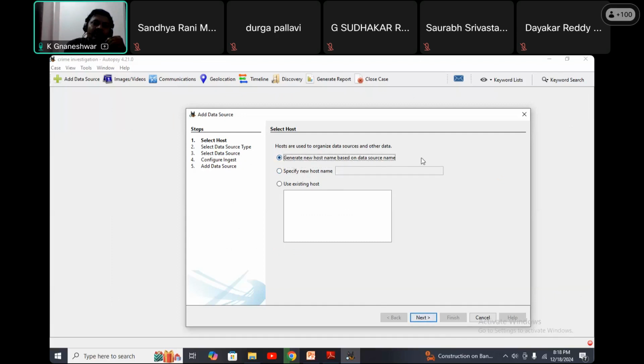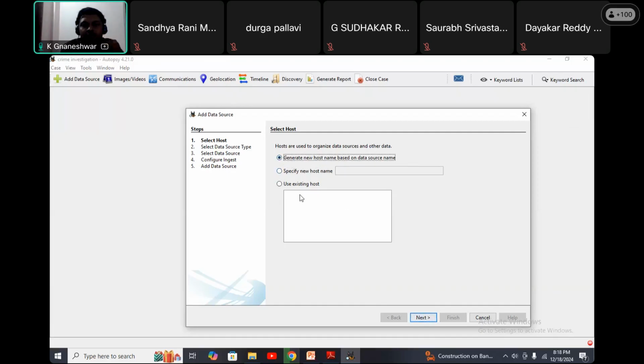Here we don't have any data already, so the host name is not there. Here we are going to create my own new host name, so compulsorily we should select the first option only. If data is already there in the database, simply specify the host name here. But I don't have any host data or database previously, so I'm simply creating with the first option only.